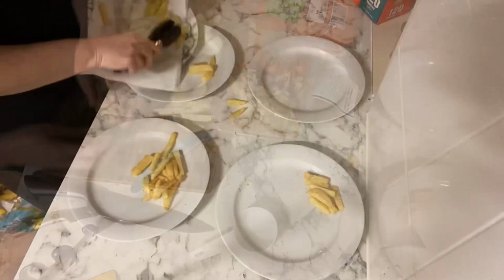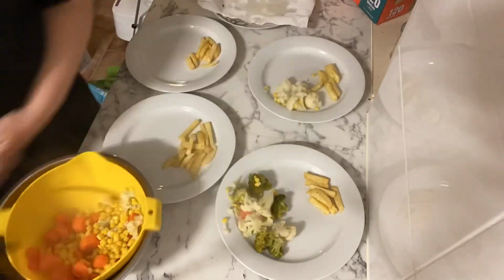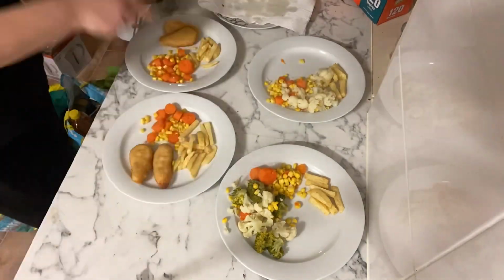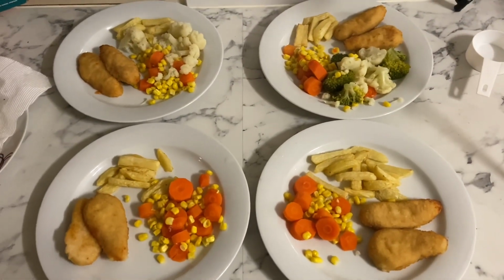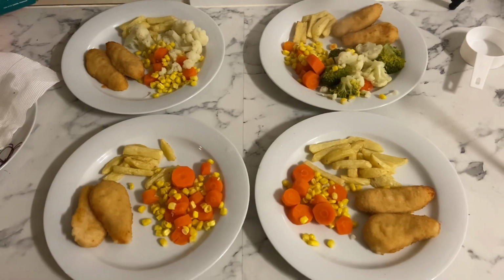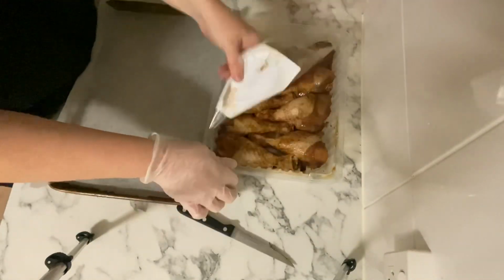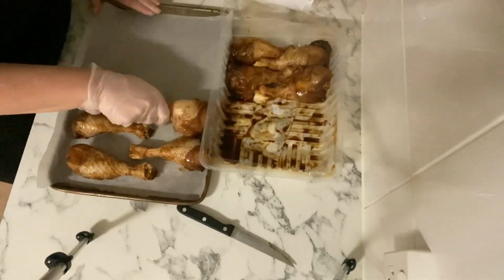Serving up's always funny, just trying to make sure that everyone gets an equal amount of chips. Otherwise, some people stand there looking at the plate that looks the best, deciding which to choose. So here it is. You can see my daughter's plate with all those green trees on there. I've just got the cauliflower. I'm not a real fan of broccoli. I will eat it if it's there, but sometimes I will save it more for her. And sometimes I cook too much, which...